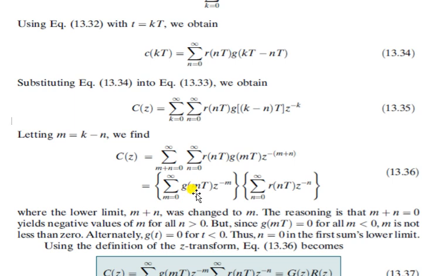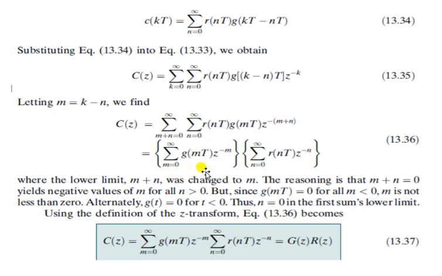Then we can segregate here the terms related to m. So g m into t is here, and z to the power minus m plus n. From here we can write z to the power minus m here, and z to the power minus n in the second part. So we are segregating these two terms. Now if you look here, this term belongs to the small g, this term belongs to the small r. As we know, the r belongs to the input term and this g belongs to the main plant. So instead of writing this, we can directly write the g of z, and instead of writing the r term, we can write r of z. This is the completion of this derivation.